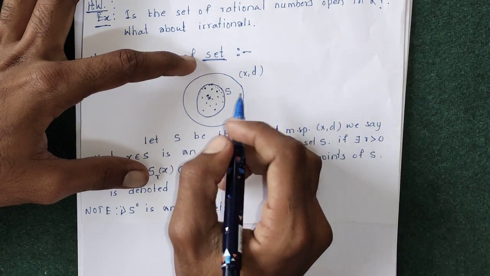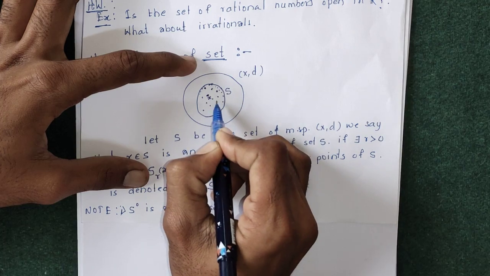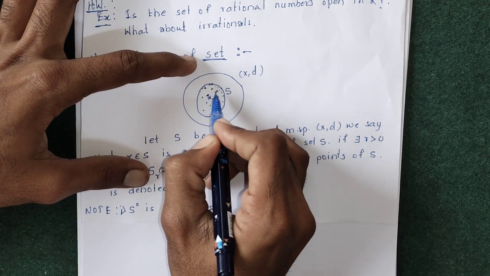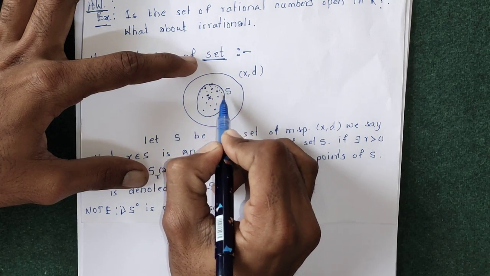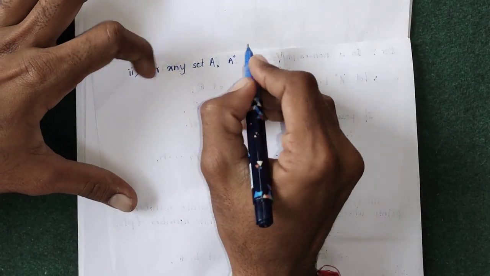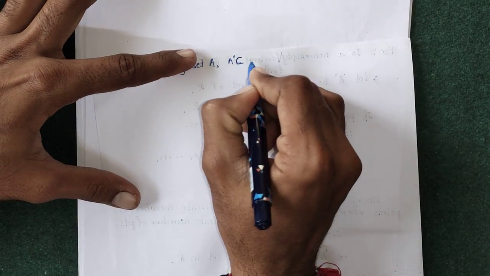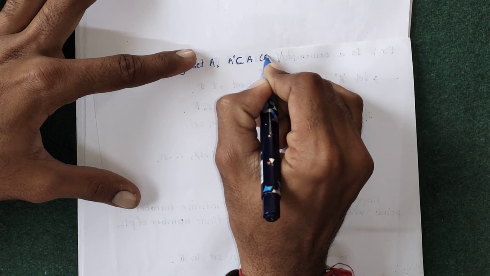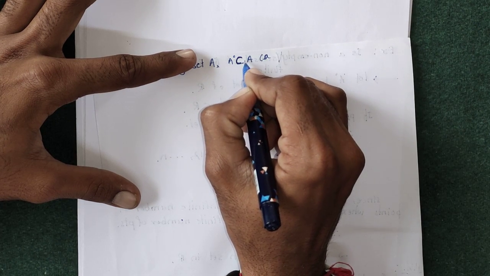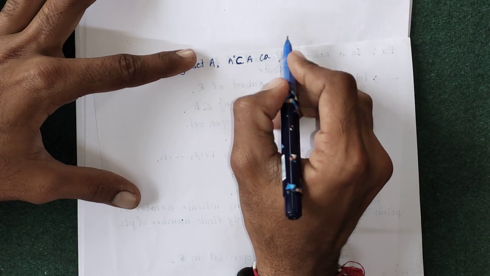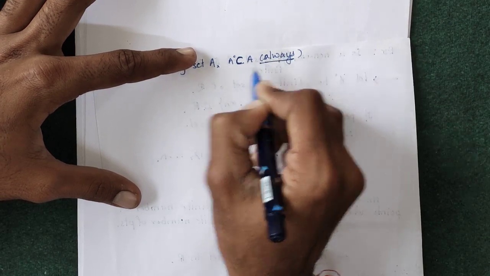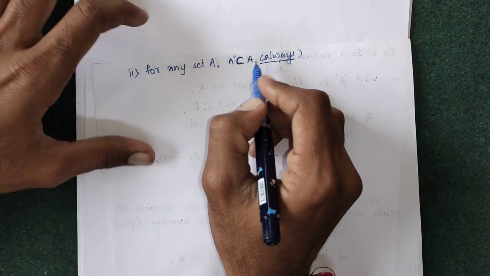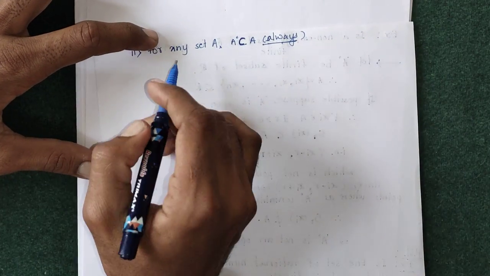And clearly we can say that the interior of S is a subset of the whole set S, because the interior lies inside S. For any set A of a metric space (X, d), the interior of A always lies inside A. This interior of A is always contained in A. This is the second note. Now the next example is